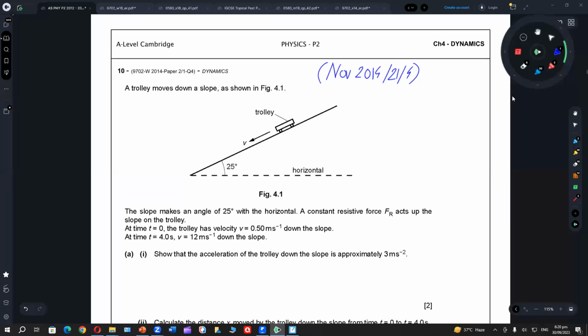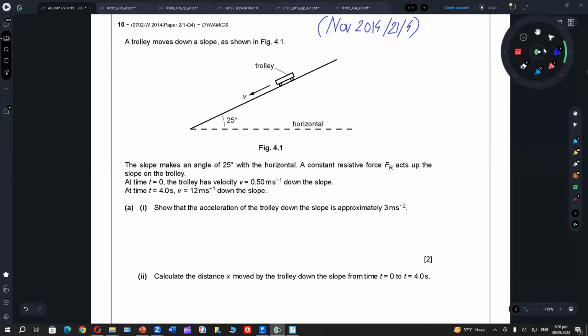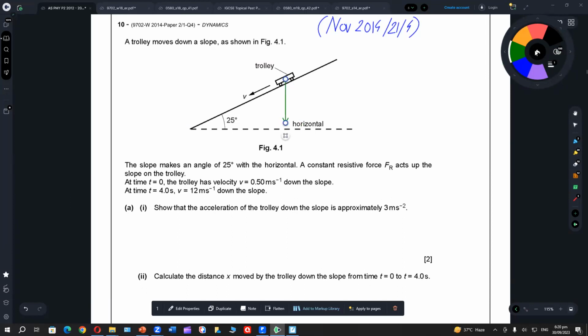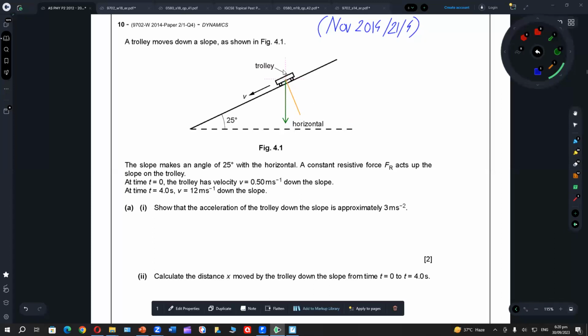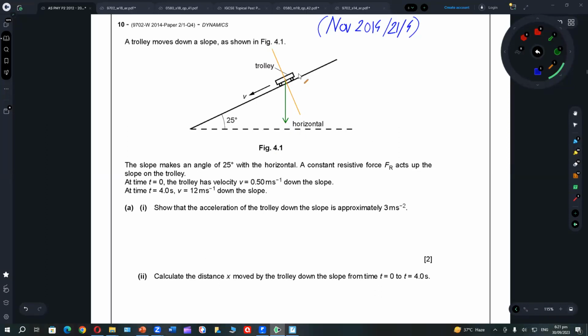So he has given us two velocities. If I mark it here, I'm preparing the force diagram because that will help me throughout the question. Even though I'm not sure about the mass, I know that